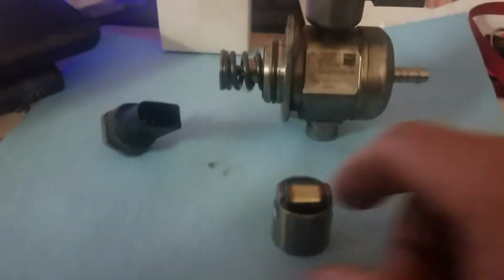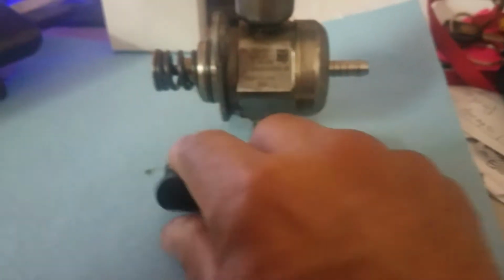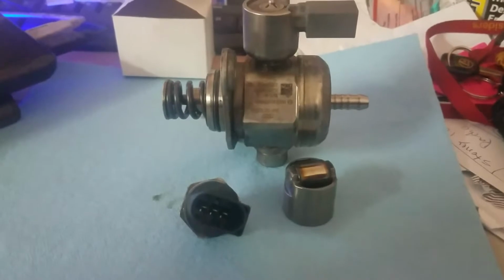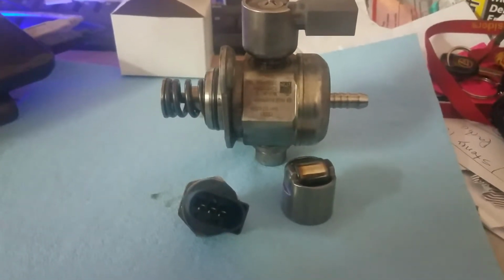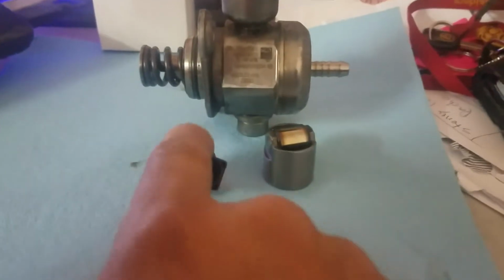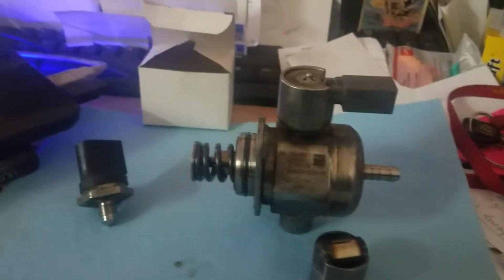And I found out they also have a fuel pressure rail sensor. The code will say 2293, mechanical failure, high pressure volume, solenoid shorted out. Well, this is not a solenoid. This is a sensor. This is a solenoid. So I started doing more and more research,